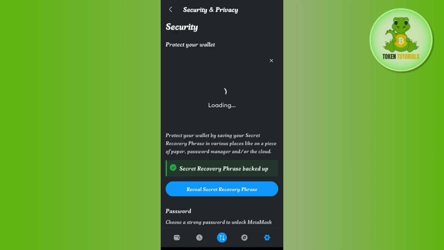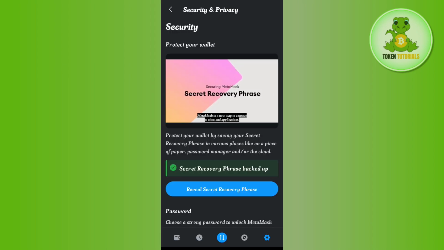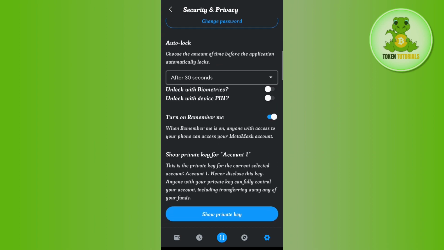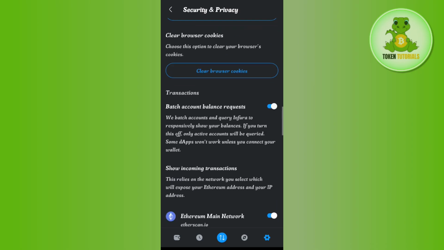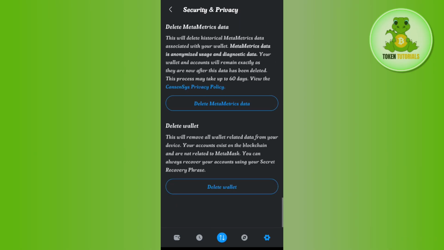security and privacy. Once done, it may ask you to verify your password or your passcode or your fingerprints. So you will have to scan your fingerprints or provide your passcode in order to access security and privacy section. Once done, you just have to scroll down and keep on scrolling down until you find the delete MetaMask option